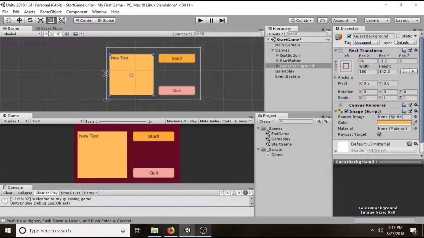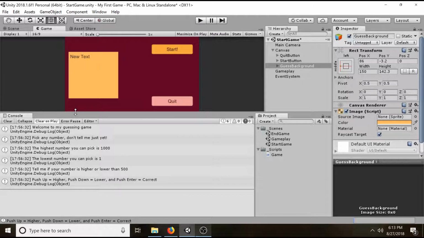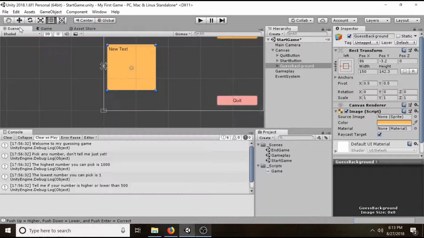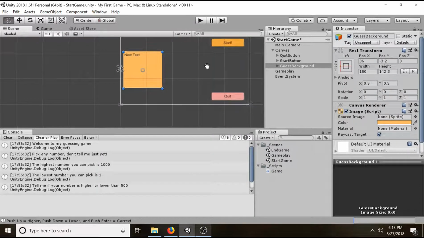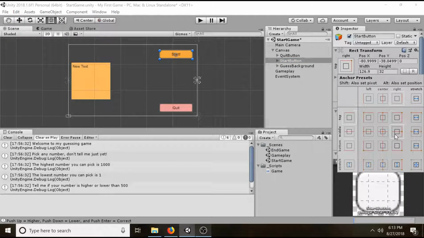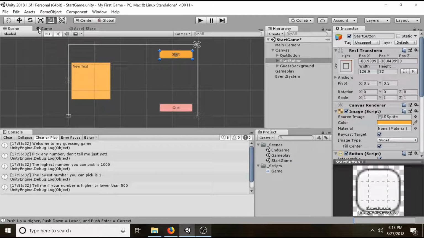Now, I'm a little concerned. Here's why. I'm going to take this, I'm going to put it up here, make this real big. Now, these are starting to spread really far to the top right corners. So I don't know if I want them to do that or not. So let's play around with the anchors. Let's say center right. Well, let's undo that. Let's take it right here. Let's go back to our